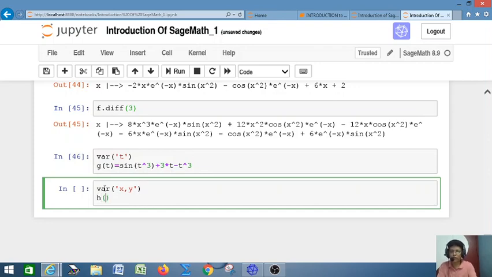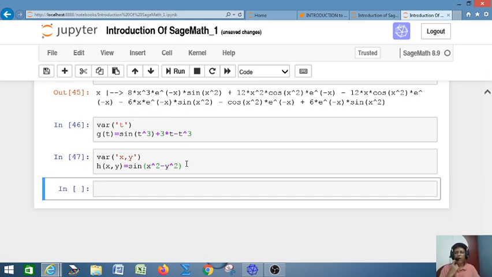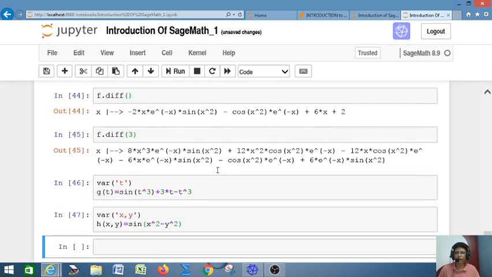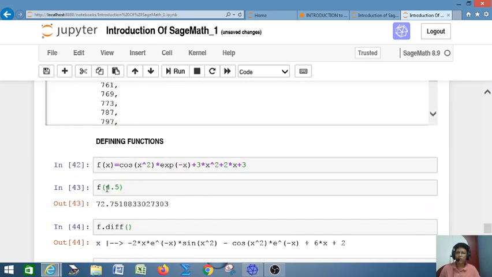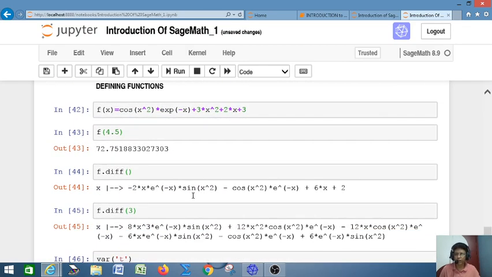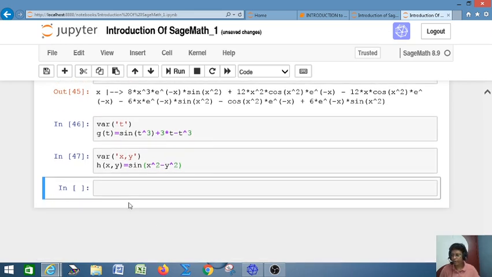And suppose it's a function of several variables, you can define h(x,y), sine of x square minus y square. So this is how you can define a function of one variable and a function of several variables. You can find the value at those points, you can differentiate that and all that. So in today's last section I will discuss